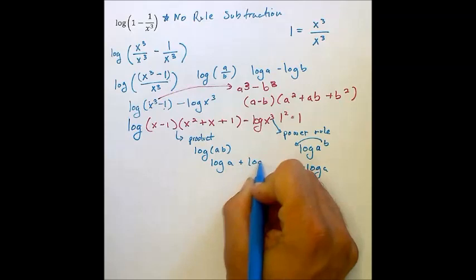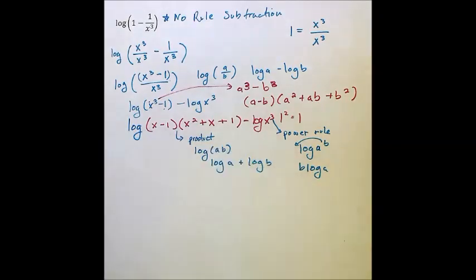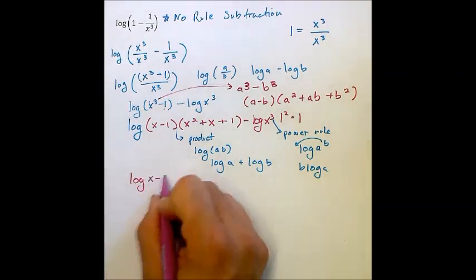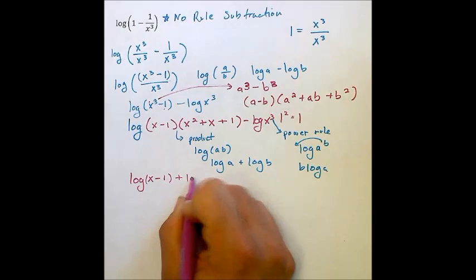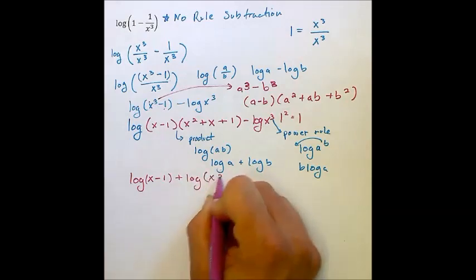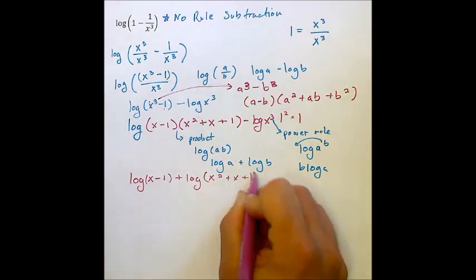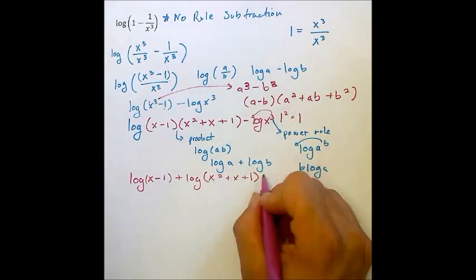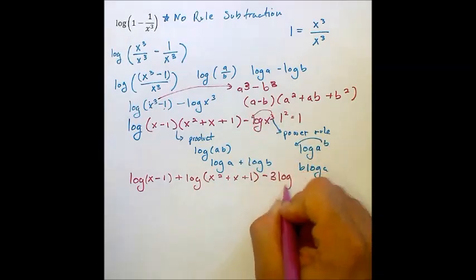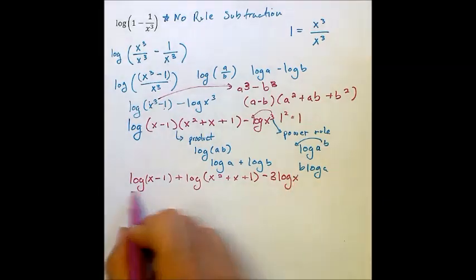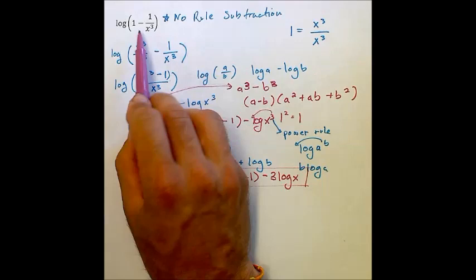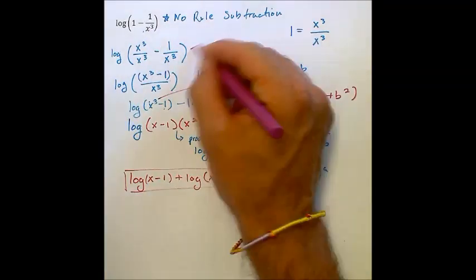So I'll do the same for this, and I'll rewrite it as log x minus 1 plus log x squared plus x plus 1, and then moving this power to the front here, minus 3 log x. And that's how you'd be able to expand this whole logarithm from this simple one here, using denominators,